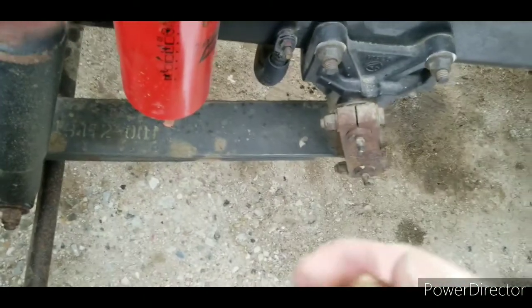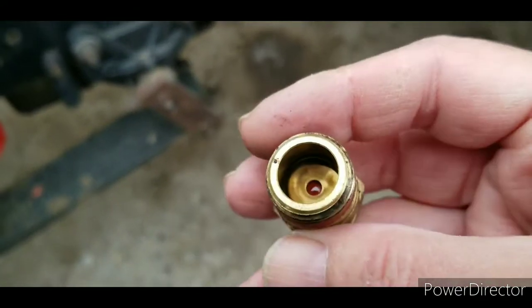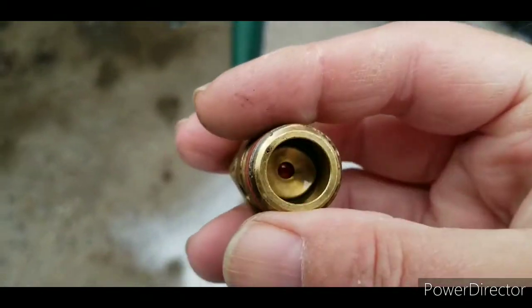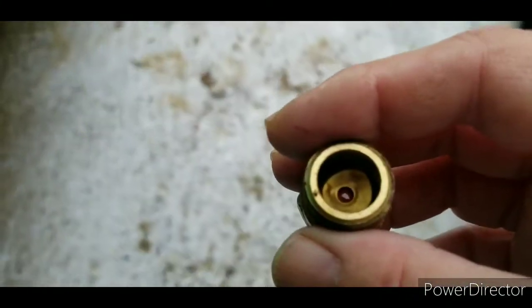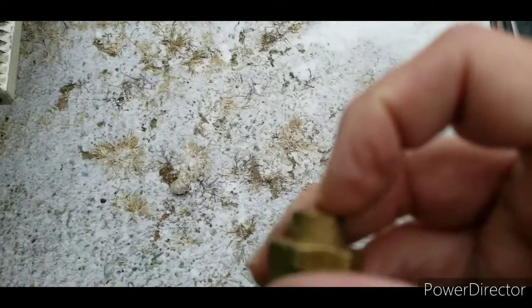But when I went through this last year, it doesn't take much moisture in there to block this open, and sometimes the little springs in there get weak also. But I'm going to take this in, warm it up, slosh a little bit of rubbing alcohol in there, so if there's any moisture in it,